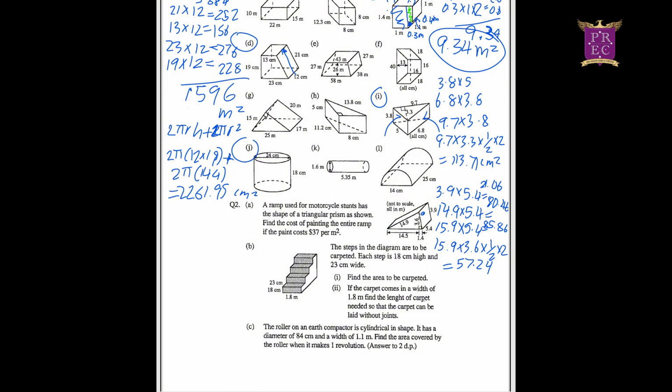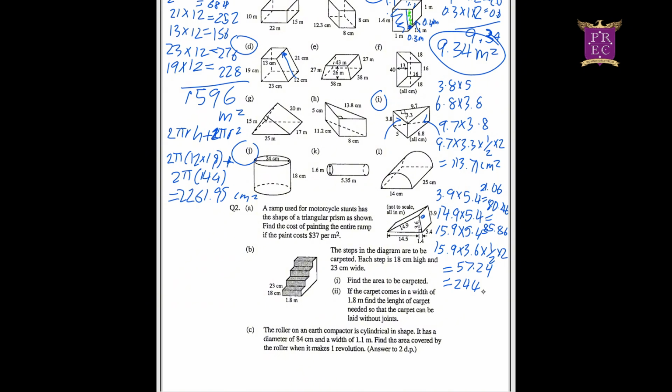57.24. Okay, now let's add all these up. 57.24 plus 85.86 plus 80.46 plus 21.06, which gives us the total surface area to be 244.62